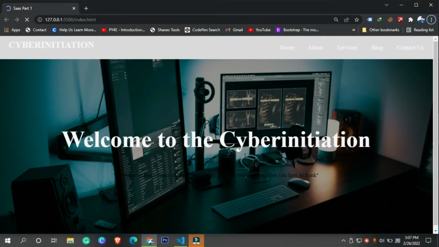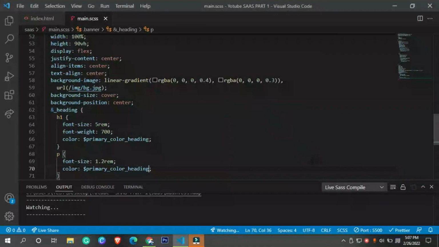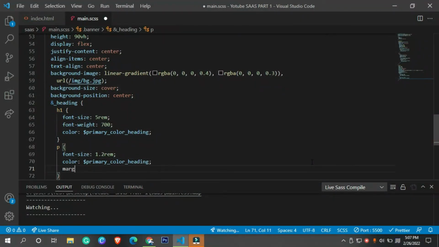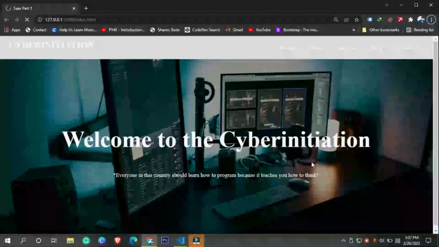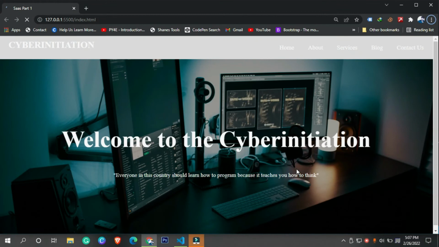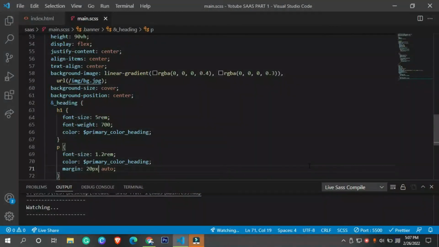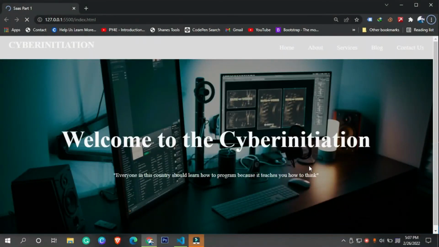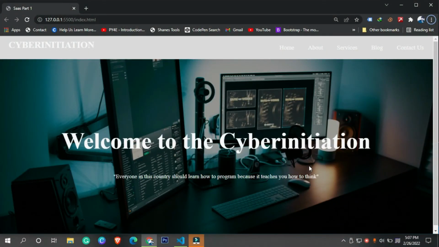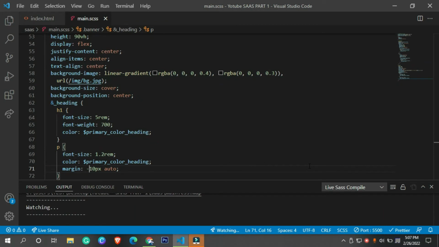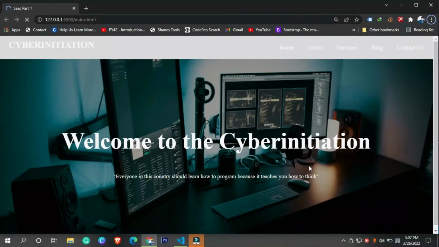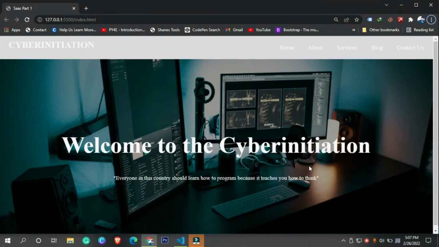And yeah, so we are having this particular thing, and the margin that we are having is 20 pixel auto. And I can also reduce the margin size. You can also give it negative margin from the top.